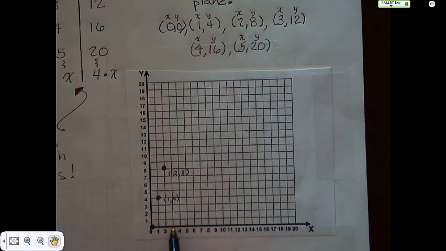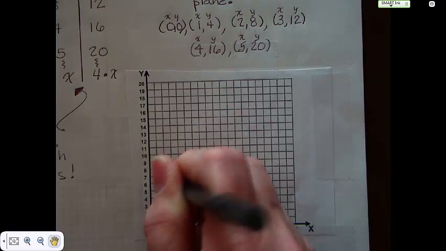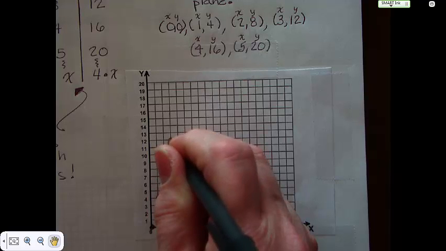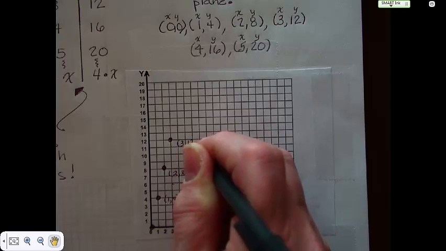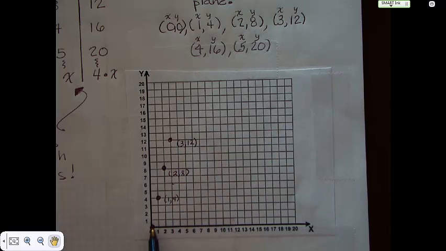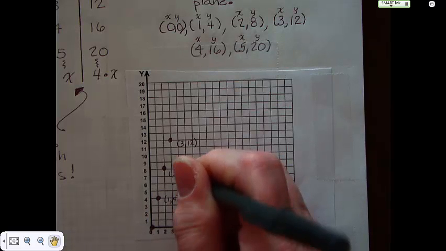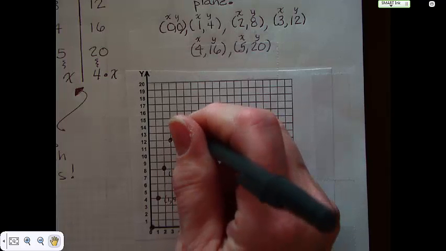1, 2, 3, 1, 2, 3, 4, 5, 6, 7, 8, 9, 10, 11, 12. This is point 3, 12. Okay, 4, 16. 1, 2, 3, 4, 5, 6, 7, 8, 9, 10, 11, 12, 13, 14, 15,